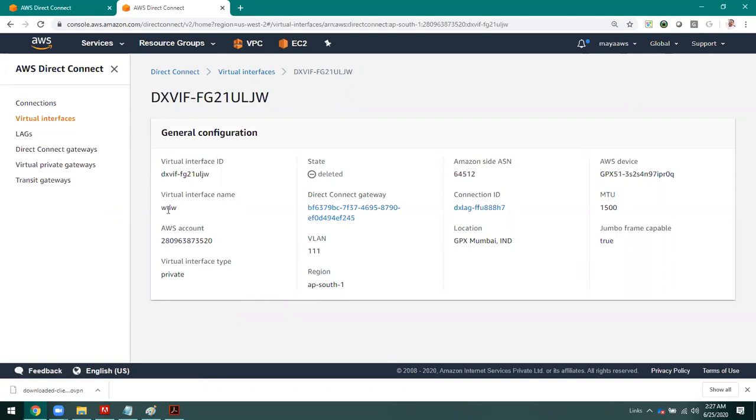Then you can go and configure the remaining things at the on-premises end. You have to get the connection from the provider, take advice from them, and do the needful configuration at their end. For more information about direct connect, you can go through the AWS documentation.